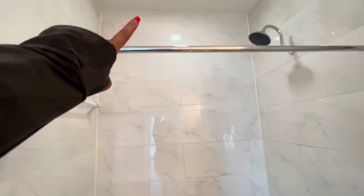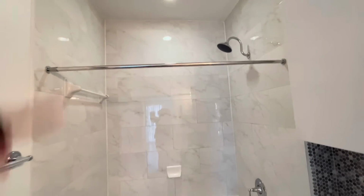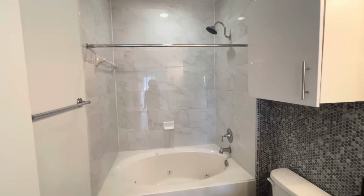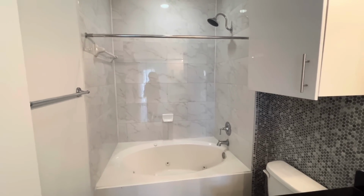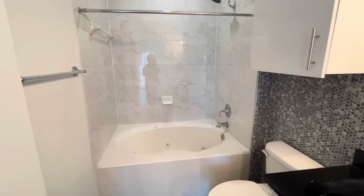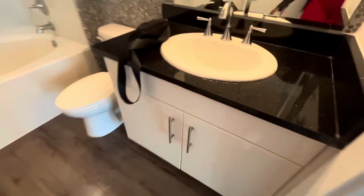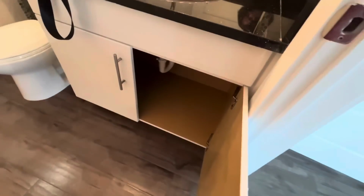And then I'm going to take this shower rod all the way up and I'm going to get an extra long shower curtain. I've been looking at them online. So I think that'll make the bathroom appear bigger because it's a small bathroom, but it's just for me, child, just for me,